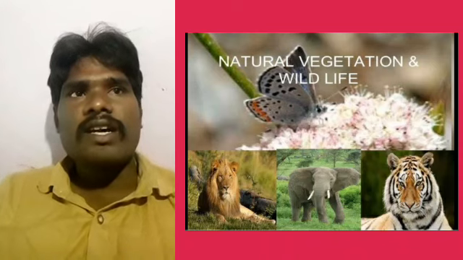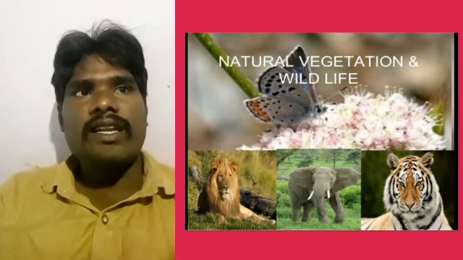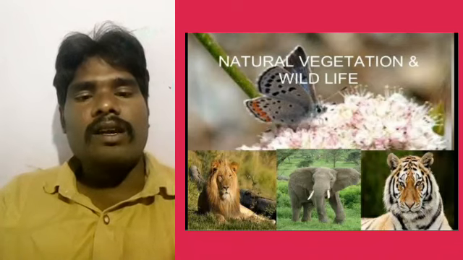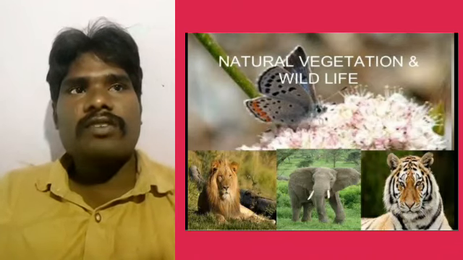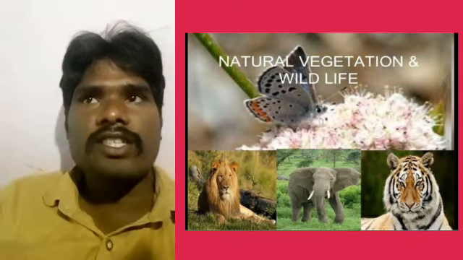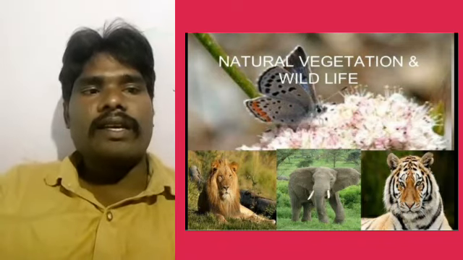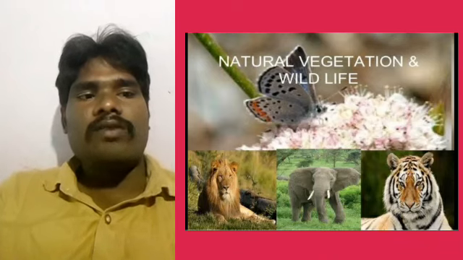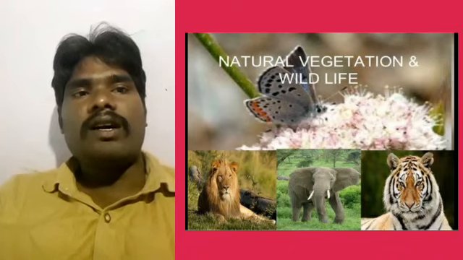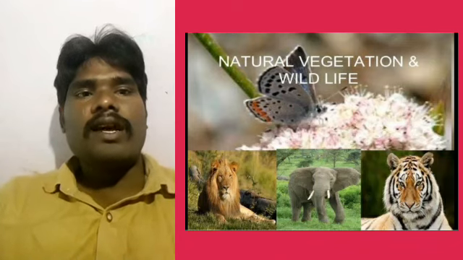Next, conservation of natural vegetation and wildlife. So we need to conserve again. Why? Because if we reduce the forest, we may face several problems. For conserving, if a forest fire happens, you must stop that. We need to conserve all these things. Increase in population, we have to decrease that also. Deforestation we have to stop. Growing of crops in the forest area we have to stop, and protect the ecosystem from poaching and landslides.